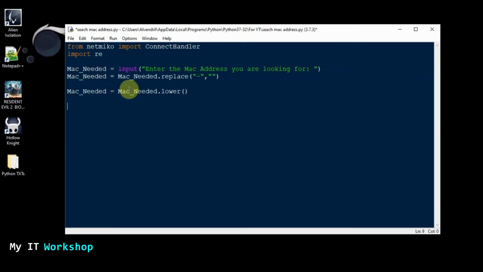So we have that, and then we're going to make a list of switches. This one is going to be empty because we're going to populate it in a few more minutes. Like I said, for this video, we're going to use only one switch, but you can do it for as many switches as you may have. So then I'm going to go to number of switches. We're going to copy this over here. Number of